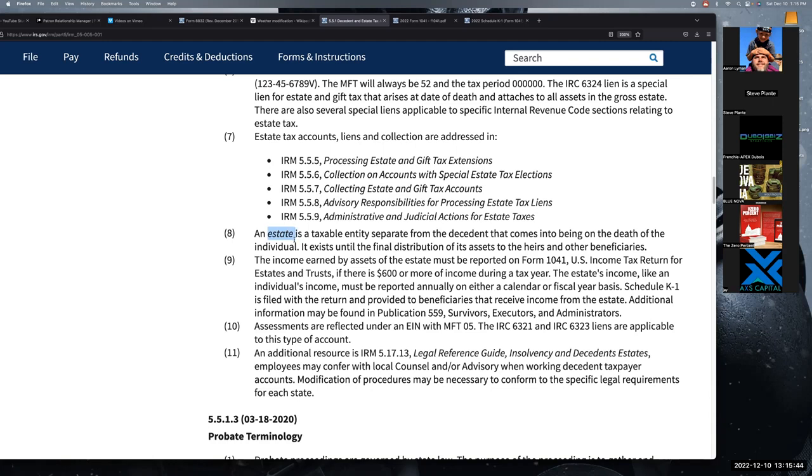After successfully doing the 8832 process, it will then become a foreign estate, and therefore it is not causing a taxable event. So an estate is a taxable entity separate from the decedent that comes into being on the death